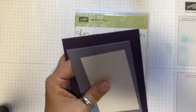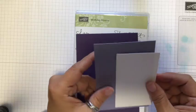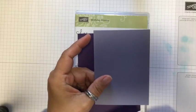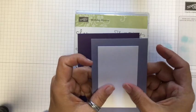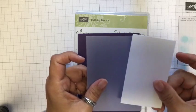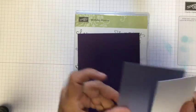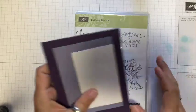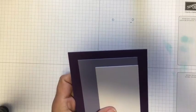And then on the outside, I'm going to be using 2 different pieces. This piece is 3 1/4 by 4 1/2, and this piece is 2 1/2 by 3 3/4. This is the Whisper White cardstock, and this stock here is the Wisteria Wonder. So what I'm going to be doing first is some embossing with my embossing folder,